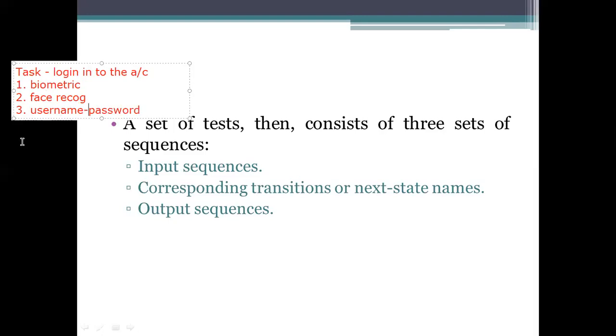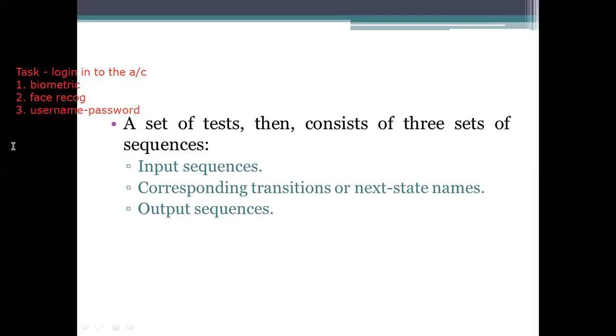So if we consider the first one, biometric, we need to study the process. What are the constraints we need to consider? The constraints here are how many times a user can use it. We need to limit the usage, make it 5 times. When you place the biometric and it is not recognized 5 times, what happens? It needs to lock the account.